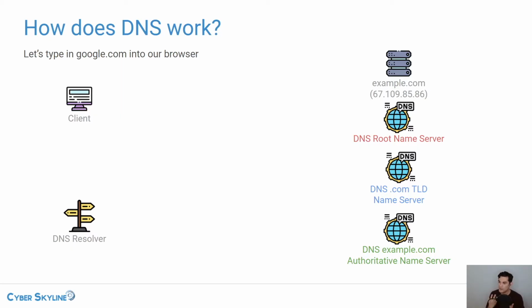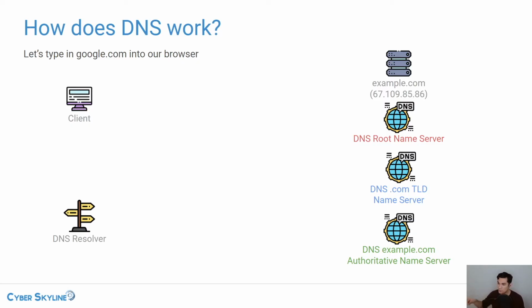The root name servers are just there to play that connective tissue and distribute the load of remembering everything. It'd be very impractical for a single server to maintain all of the records for all DNS entries. It's just like the white pages, right? To maintain all of these records for every single website on the internet, it's just not practical.